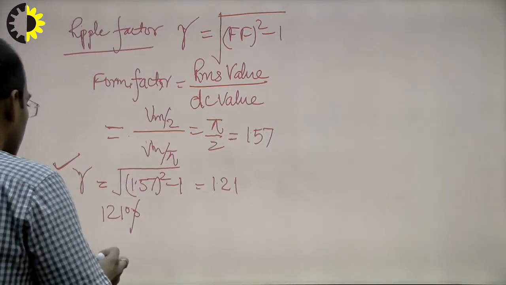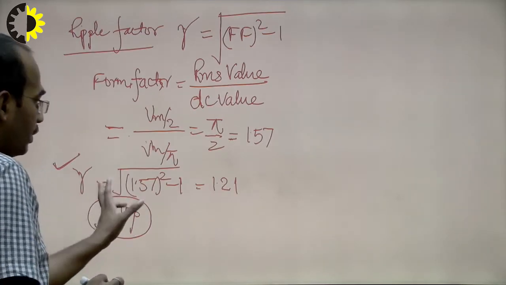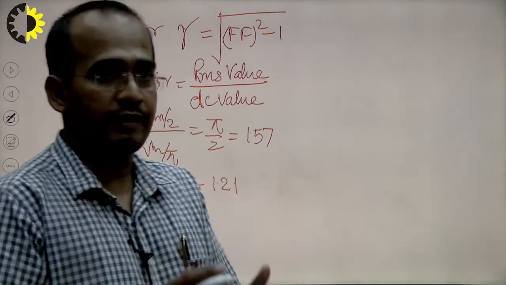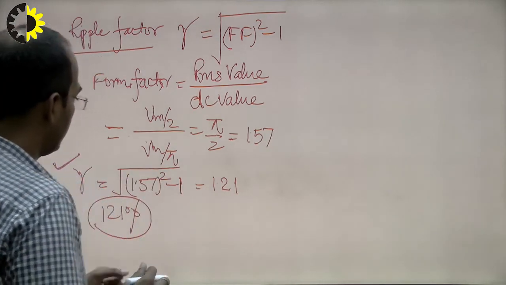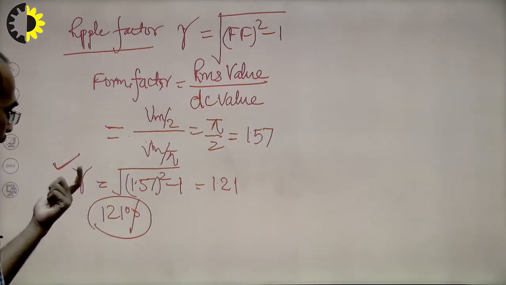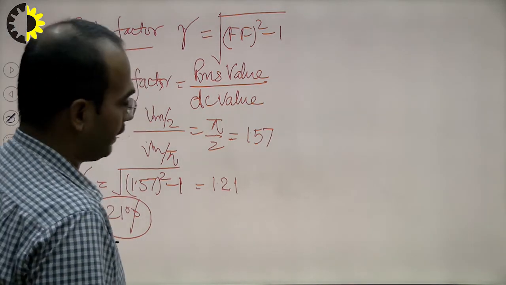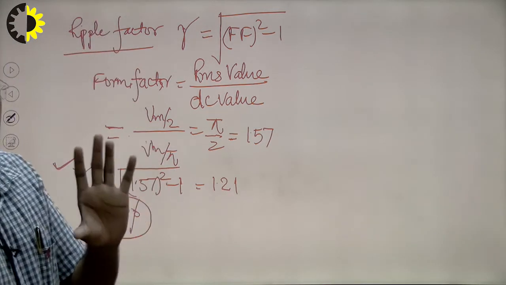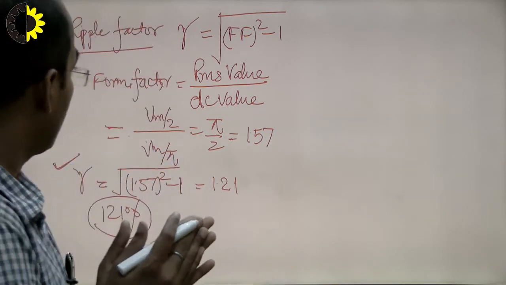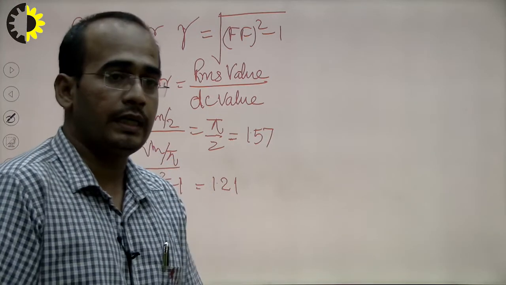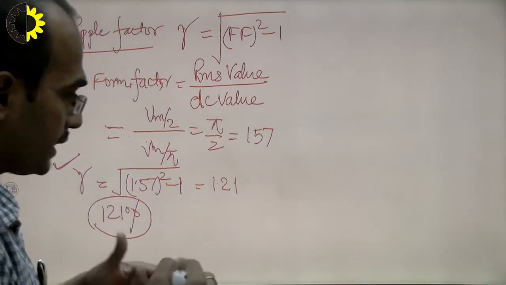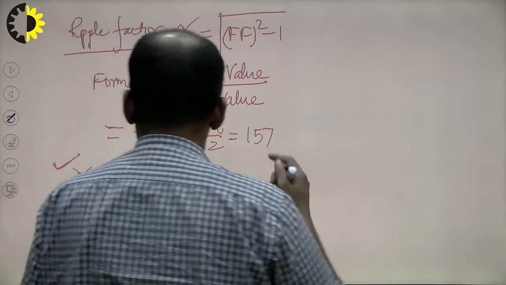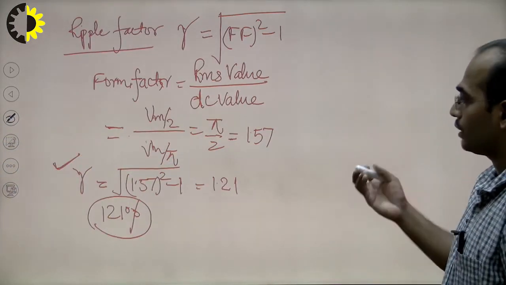It means the number of AC components are greater, it means the half wave rectifier is not efficient for converting the AC signal into the DC signal. This information can be got from the efficiency of the half wave rectifier. So, if the efficiency is high, it means the conversion from AC to DC signal is good.